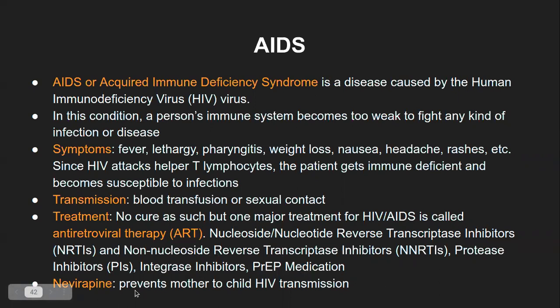One of the most important drugs that has been designed, and I guess it is still quite recent, maybe 15 or 20 years back, is called nevirapine, and it has been successfully used to prevent the transmission of HIV from mother to child. So if the mother has HIV, whether or not she knew she had conceived, and she produces a child, there is a high chance that the baby can survive without any HIV infection being carried to it. So this drug works in that aspect.